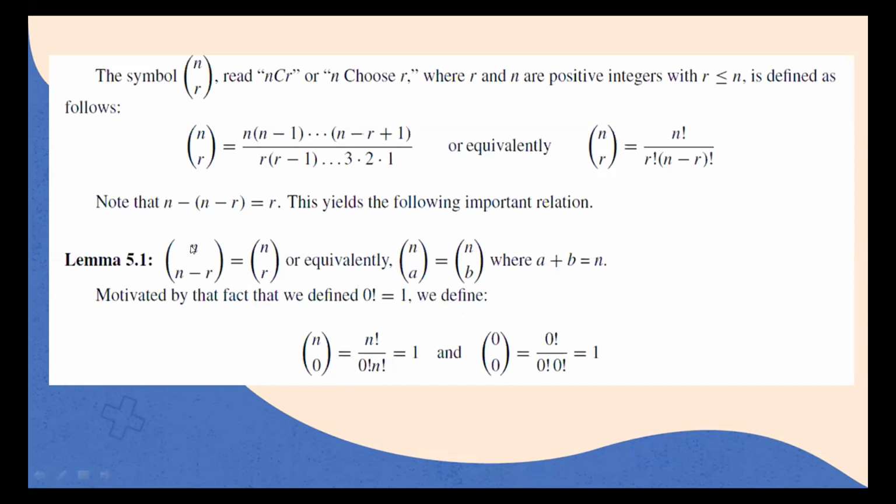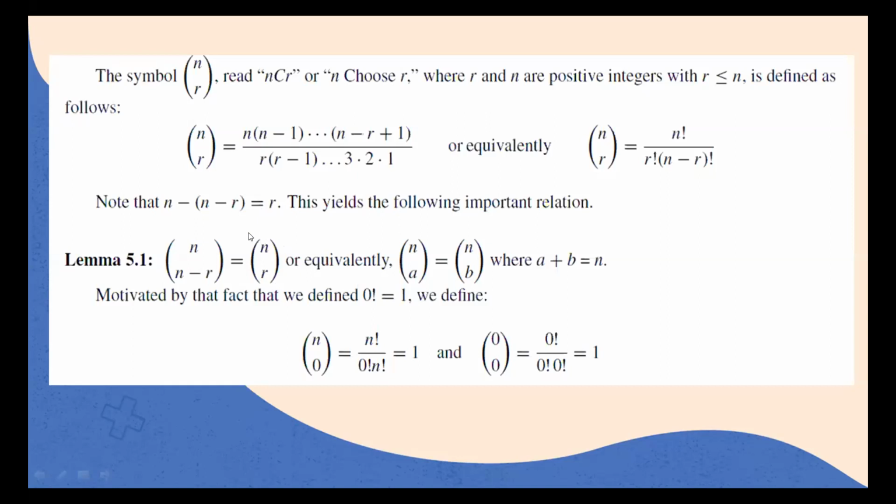So we find that n choose n minus r is equal to n choose r, which can be illustrated very simply by some examples, like 50 choose 24 is equal to 50 choose 26, or maybe 100 choose 60 is equal to 100 choose 40. Even 100 choose 99 is equal to 100 choose 1.